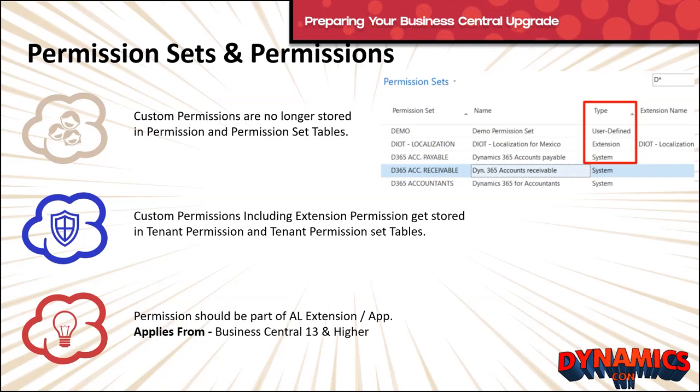The permissions which are tagged as Extension are bound to extension code, and they get added automatically when you install that extension into the customer tenant. User-Defined permissions are the permissions that are created by users to fit the requirements for the users' access. So in your Business Central 14, you can pull those custom permission modifications out of Microsoft's and add them as User-Defined permissions. And then in future, you can export them